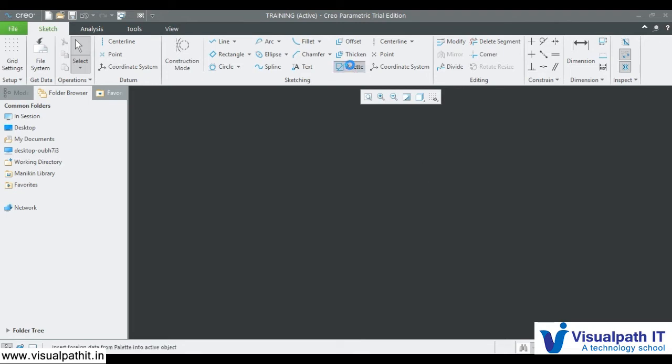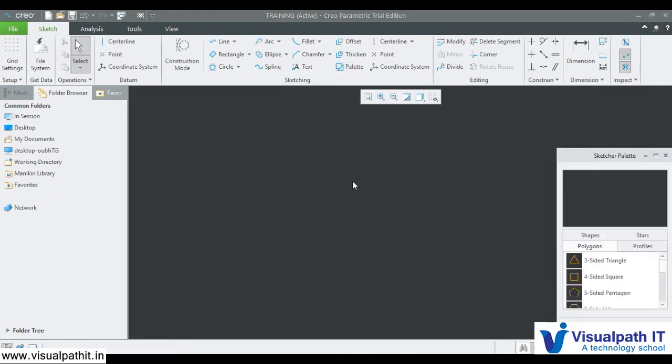Next is palette. Palette is where we have predefined shapes that we can import into our new design. If it is the first time, it will load. Generally, you can observe something similar in MS Word. If you open Word or PowerPoint and go to Insert, you will see shapes. This is just similar to that, where it has some standard, already predefined objects, designs or shapes that you can import into your new design.